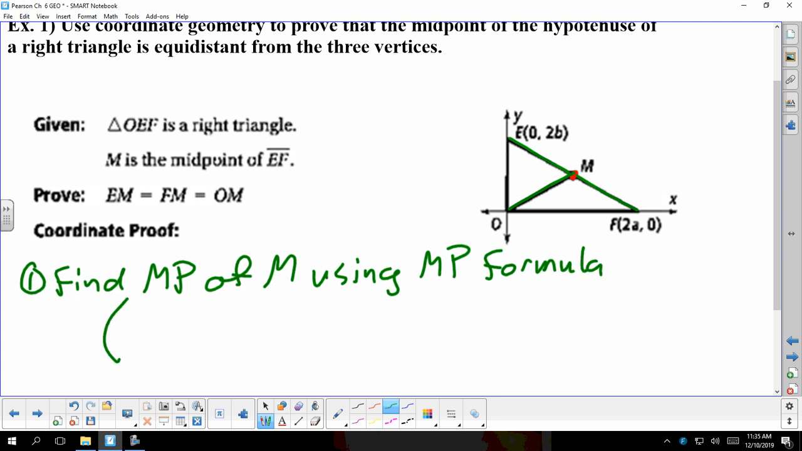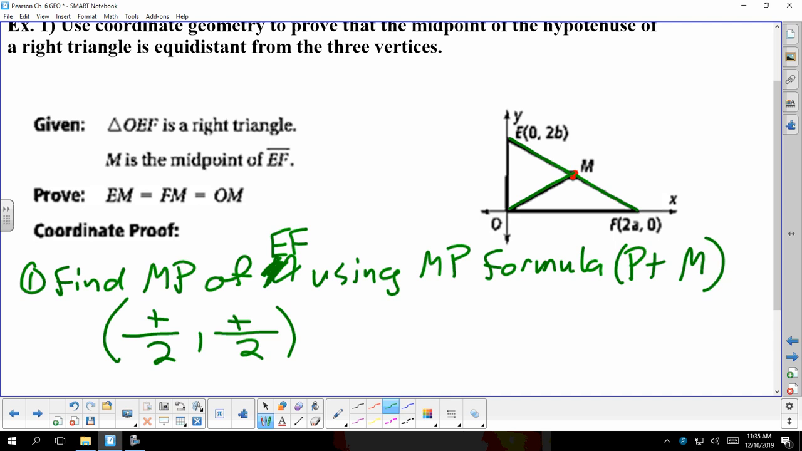Remember, I'm going to add my x's together, divide by 2. Add my y's together and divide by 2. So let's see. Actually, this should be the midpoint of EF, use midpoint formula, and that is point M that I'm looking for. All right, so